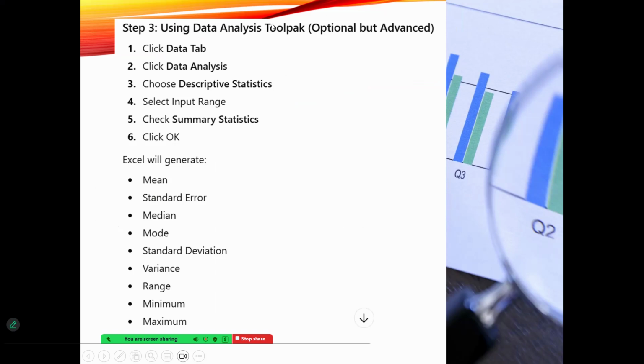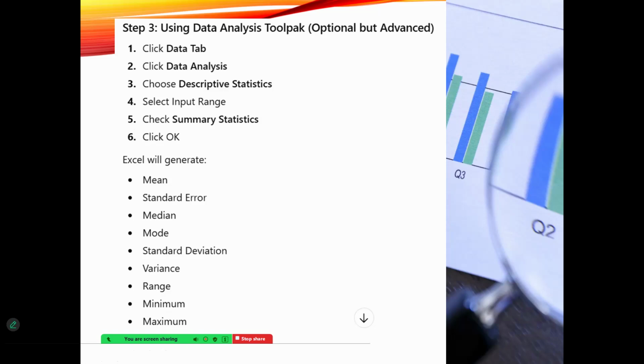The process is you just click the data tab, and then you click data analysis, and you choose descriptive statistics, and you input the range and then check summary statistics, and then you click OK. And then Excel will easily generate the mean, the standard error, the median, the mode, the standard deviation, the variance, the range, the minimum, and the maximum value.